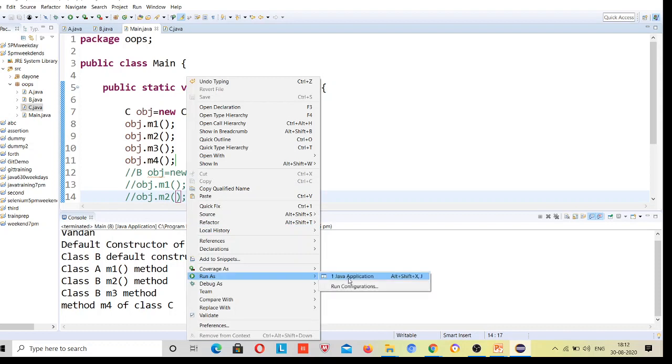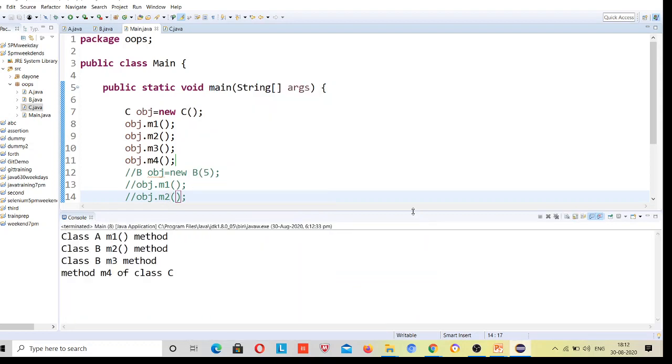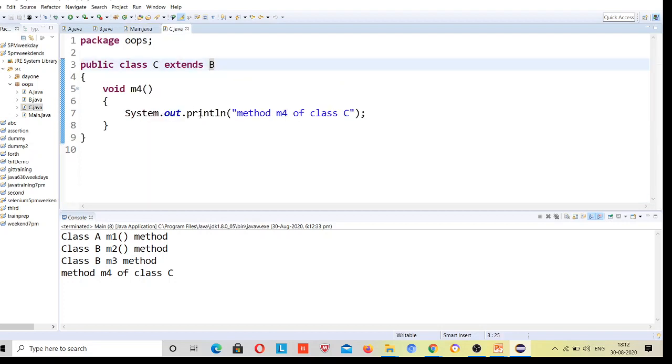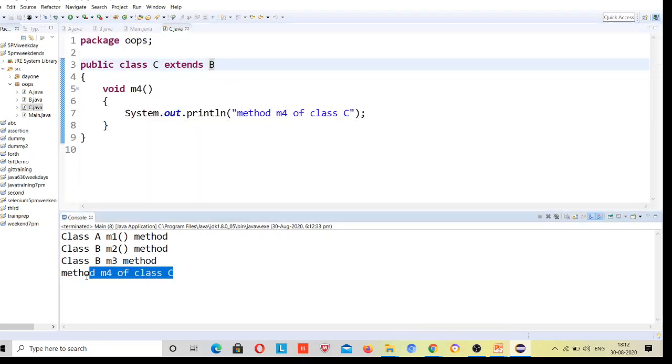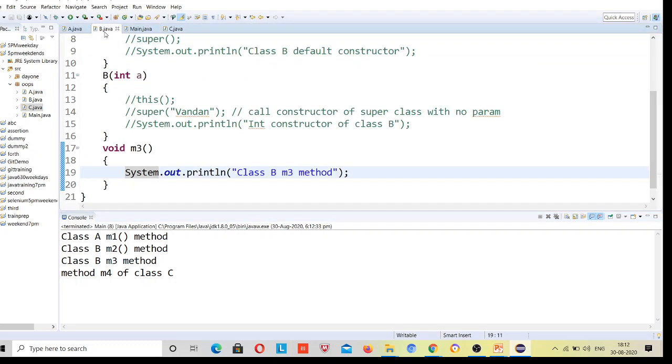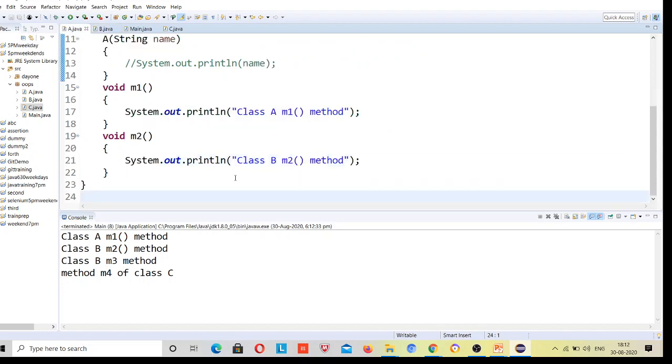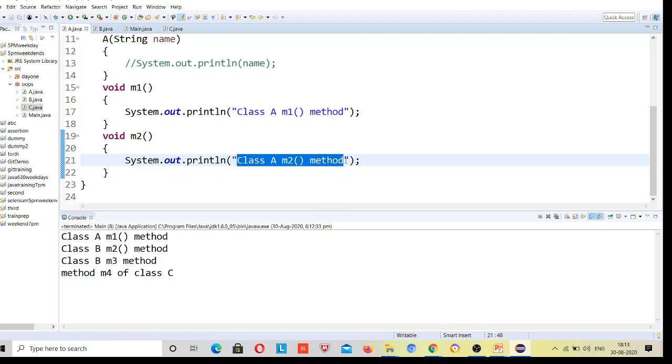So now it will call all the methods M1, M2 and M3, and M4 of class C. M3 is present inside class B, and M1 and M2 are present in class A. Because I have given the wrong message here, let me copy in the same way.